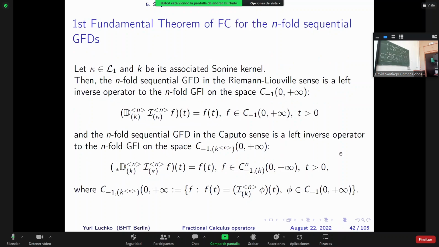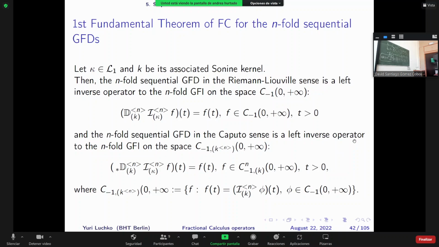Again, two fundamental theorems can be proved, also without big problems, just by considering these objects and with some standard manipulation, nothing special. And again, these repeated sequential fractional derivatives are left inverse operators to the n-fold fractional integral, of course, on the special spaces of functions,